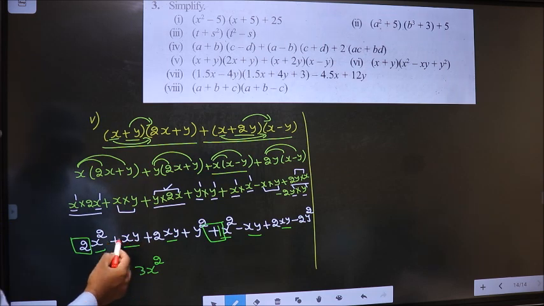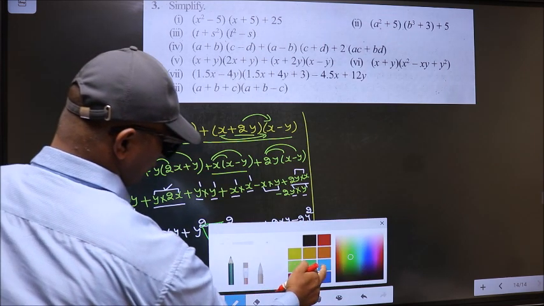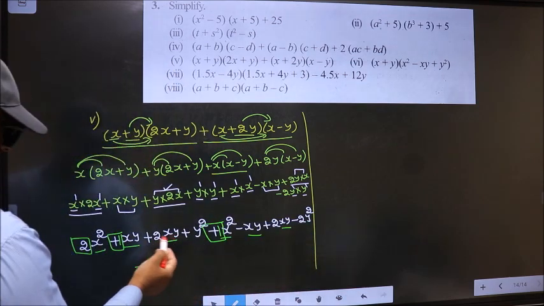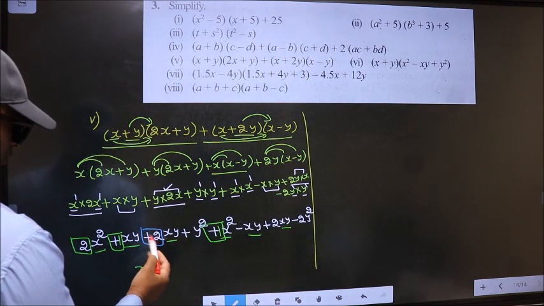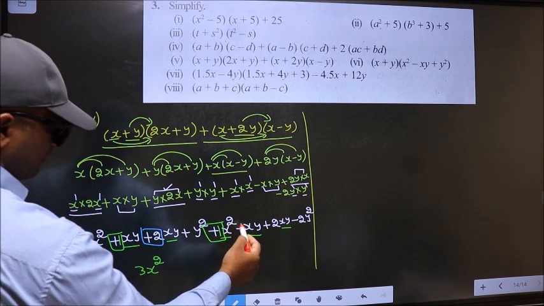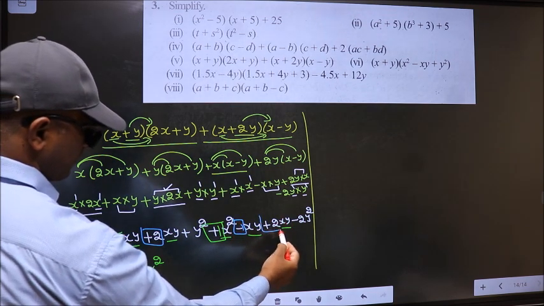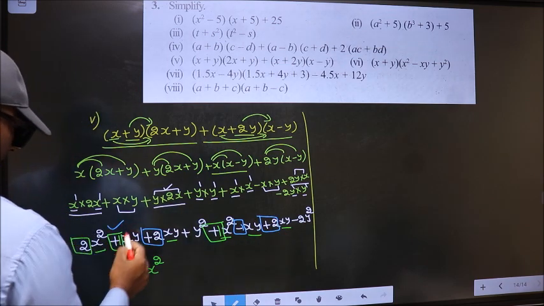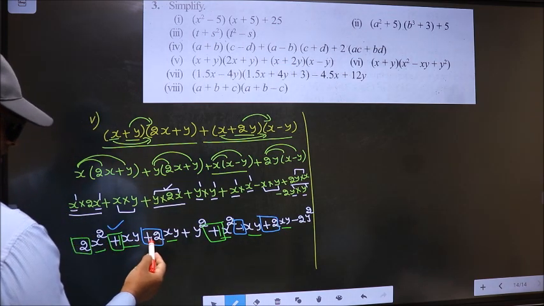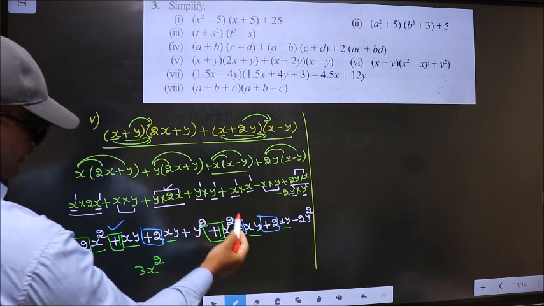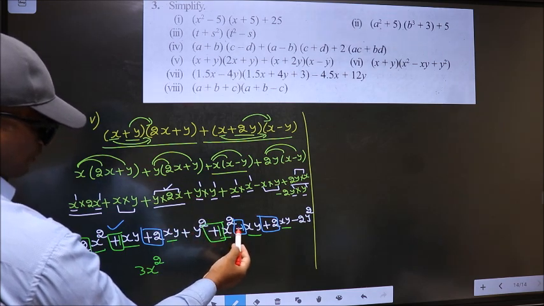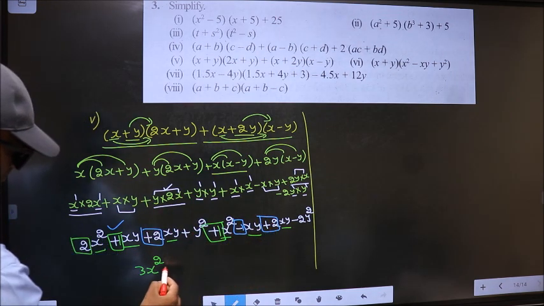So number before xy here is plus 1, and here before xy is plus 2, and here before xy is minus 1, and here before xy is plus 2. So plus 1 plus 2 is plus 3, minus 1 is plus 2, plus 2 plus 2 is plus 4